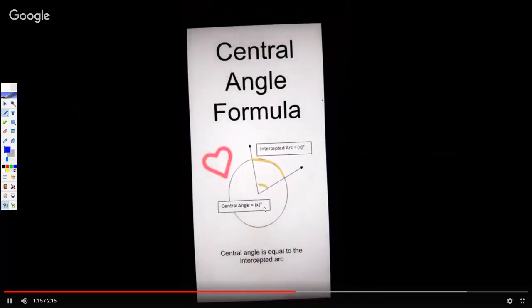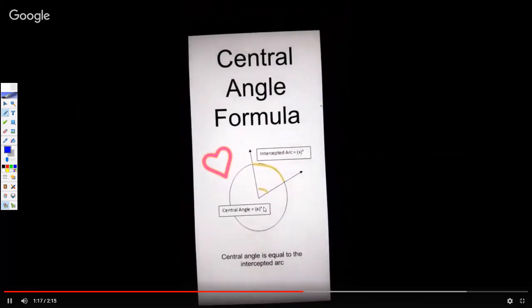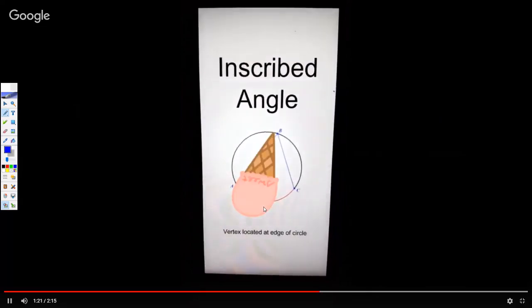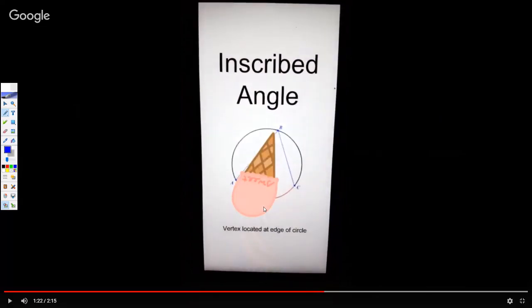The formula for central angle, and we'll look at this again, is the central angle equals the degree measure of the arc. For the inscribed angle, we had hand motions that we did. I'm going to ask you to do them with me. The hand motions are arc to angle, we divide by 2. Angle to arc, we multiply by 2. So what we're going to do is everyone,